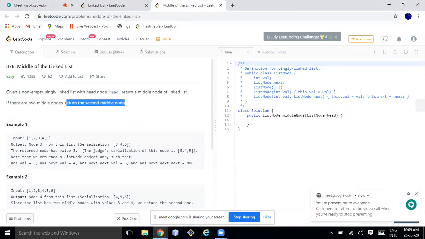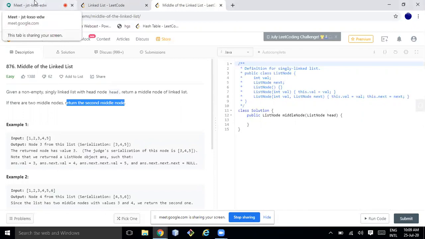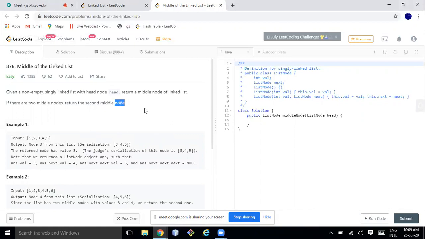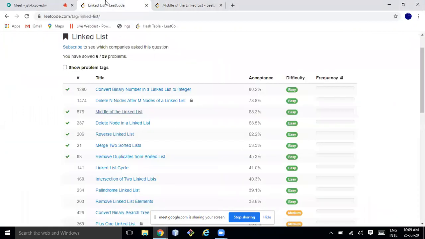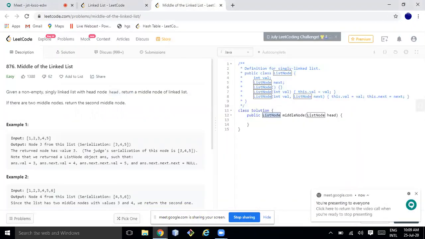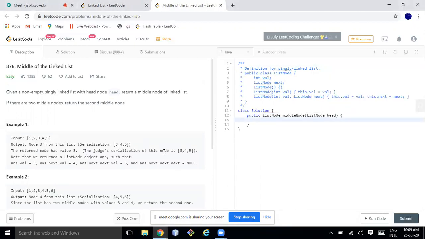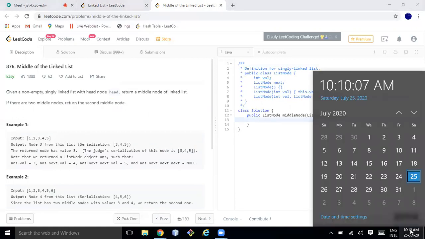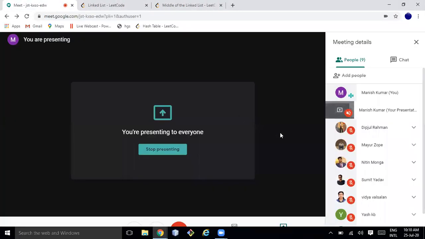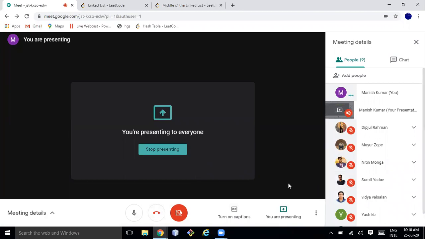I think we did this problem, right? Yes, Manish. Okay, so I would suggest let's give one more try. That would be better. So this is the 5th or 6th problem. I'll just give 10 minutes to solve this problem, and again we'll jump to the next. That should be fine. More and more practice will make you better at handling the pointers and everything in linked list. Okay, so we'll start discussing from 10:20. Make sense, guys? Any question, or anyone who joined today?